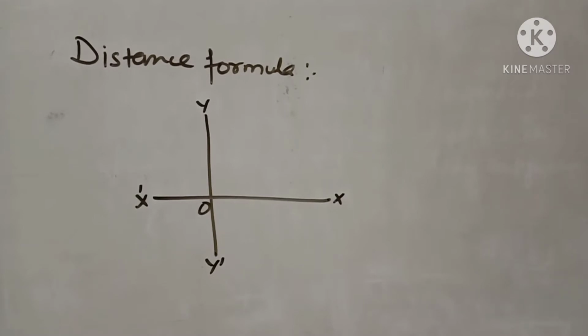Means after quadrant, then we will do the graphical representation on the Cartesian plane. These are the easy things. Now, the distance formula. The distance formula is also an important formula. How to derive this one, we have to see. Suppose P and Q are 2 points given in the plane.